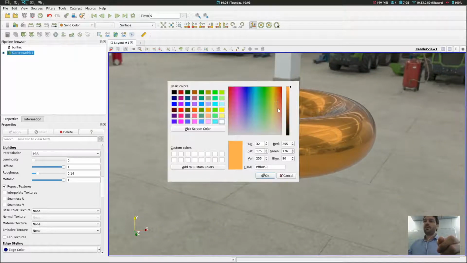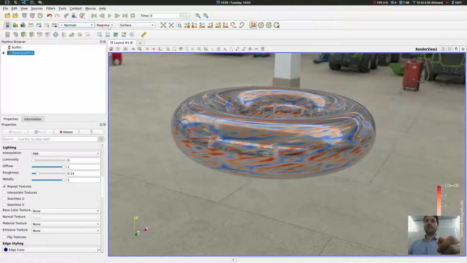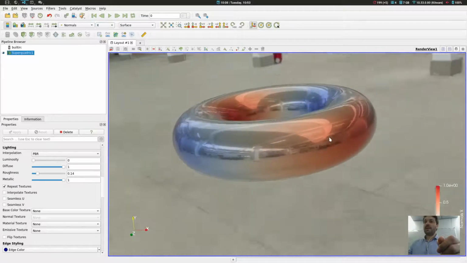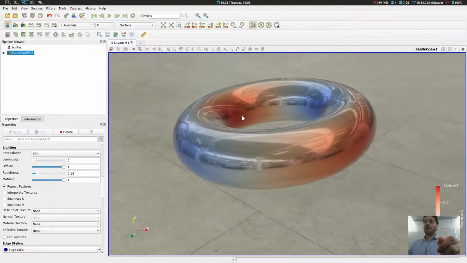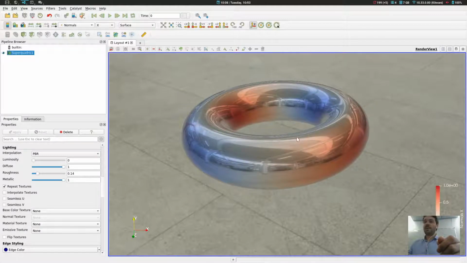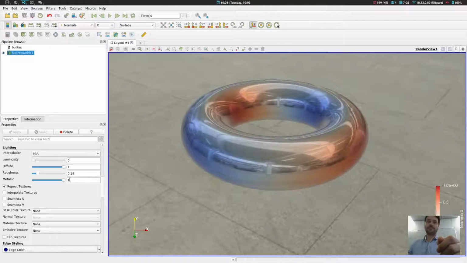But you can also, of course, select a scalar field. So, for example, you can select the normals here. Let me choose the first component, and you will have your scalar field represented, but here with a metallic aspect.